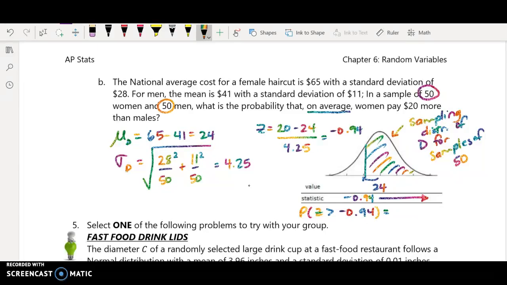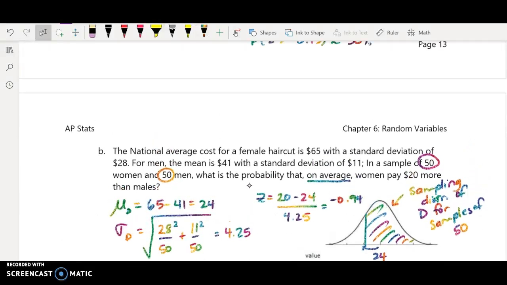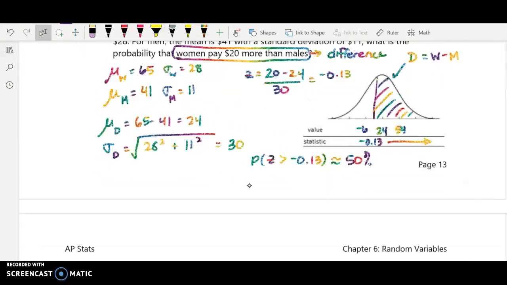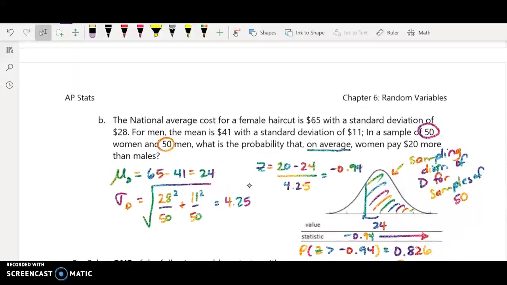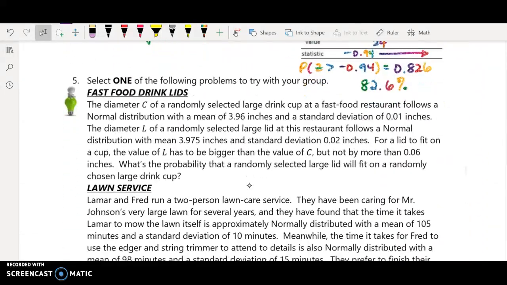Oh, look at that, it's 0.826. Okay, so there's an 82.6% chance. Much higher probability in this case because we have decreased the variability so significantly. Okay, so those are the different kinds of problems that you will run across. You're going to work in your groups